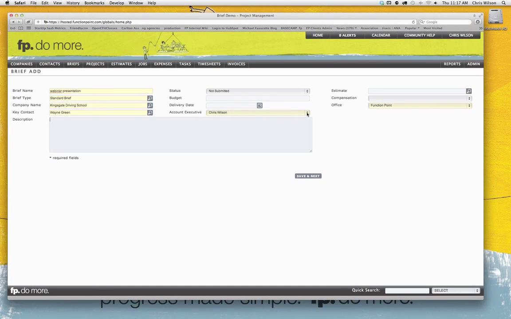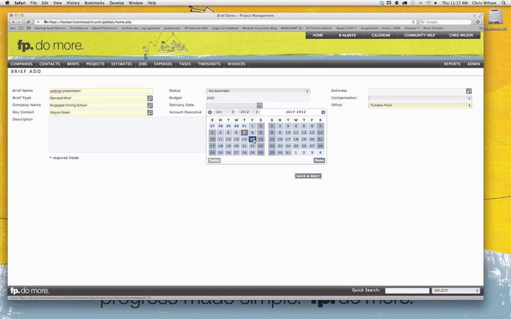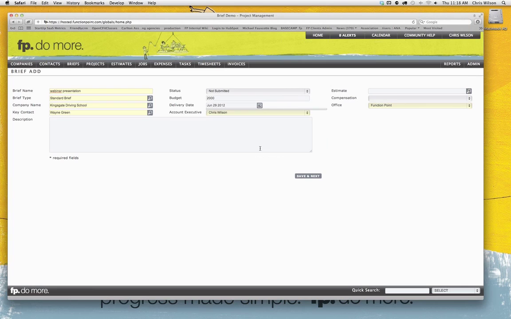And my name was put in on that company as the account executive, so it automatically populates it here as well. Now, our header record, or the header component of every brief, allows for someone to put in what was a budget being associated with the potential work that this customer is asked to be having done. We could put in what is the due date or when is it expected.